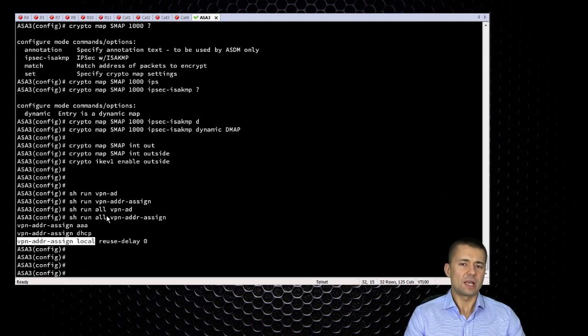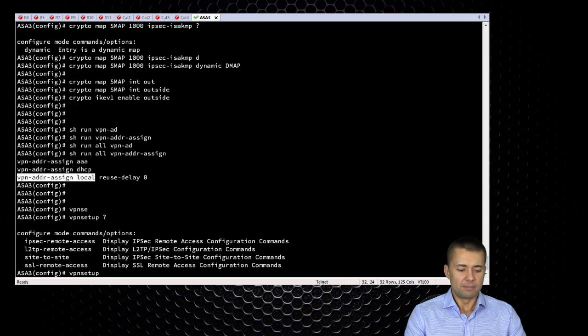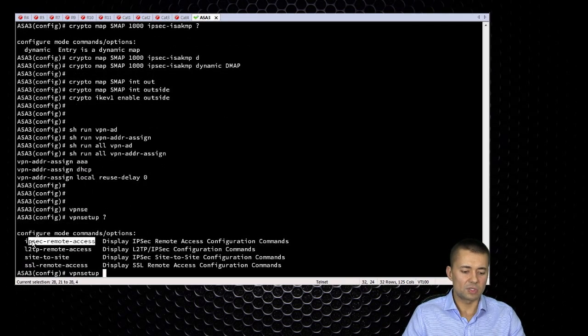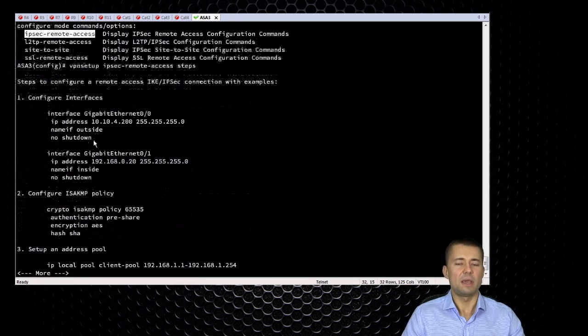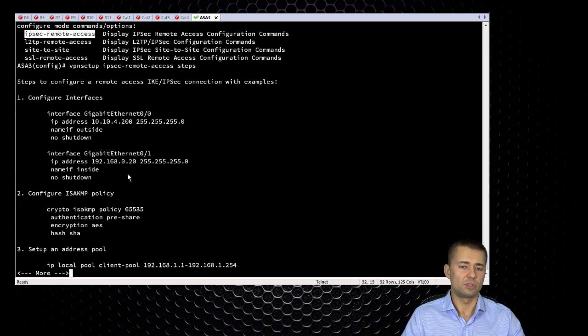Now, before we start testing this, I would like to show you one more command that you can technically use to figure out the steps you need to take to implement a remote access solution on the ASA from the command line. The command is vpn-setup with the ipsec-remote-access keyword and then steps. It basically tells you about those different building blocks, not all of them, but I would say a vast majority of the elements that you need to define to get this up and working, assuming that you don't want to use some of the default